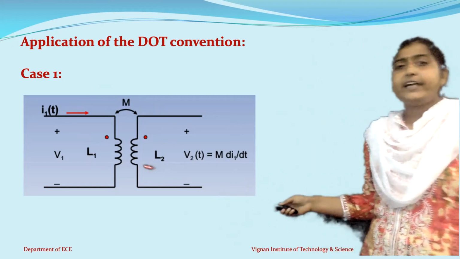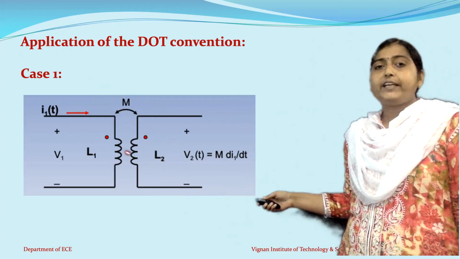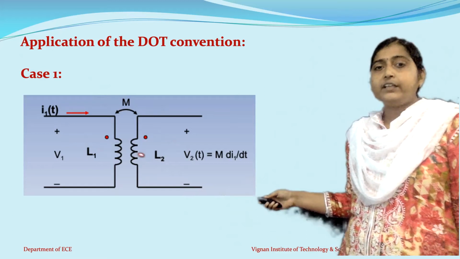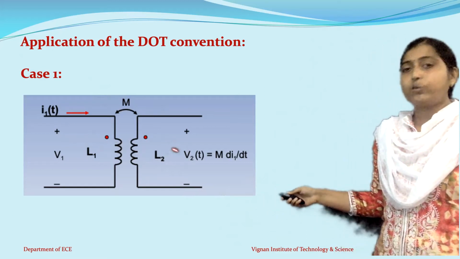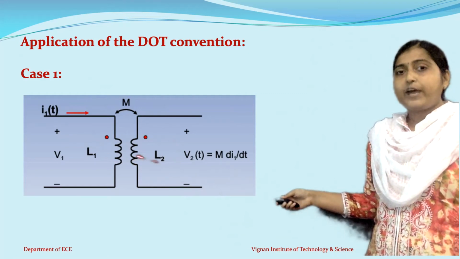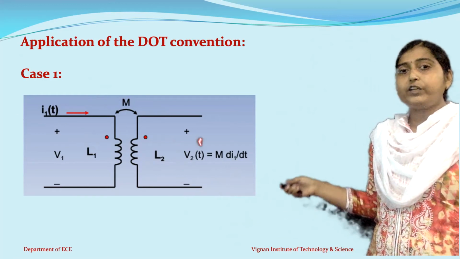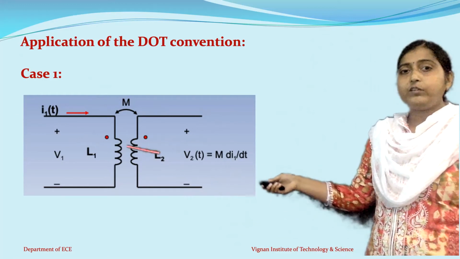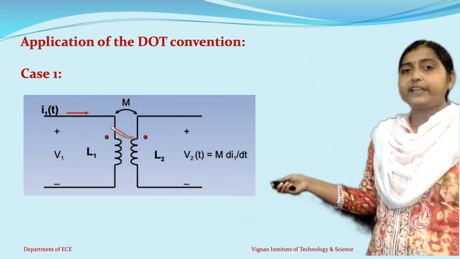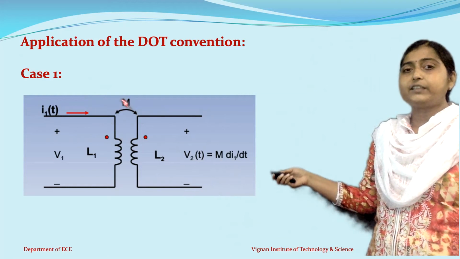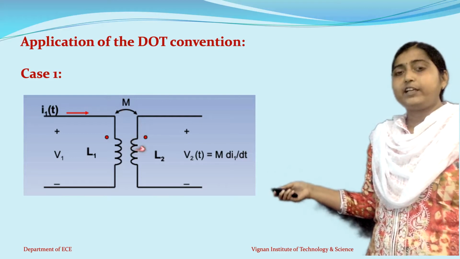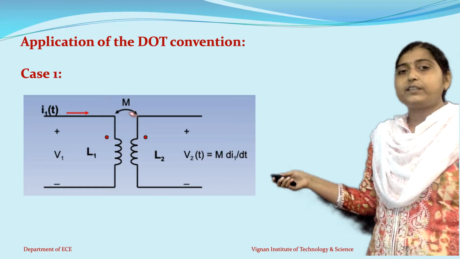So let me take an example of the circuit here. I am taking two inductor coils here, L1 and L2, with the turns as N1 and N2. Now these two inductor coils L1 and L2 are placed in close proximity with each other. So as we know, because of the current which is flowing in the first inductance, that is I1 of t, this will induce some mutual inductance on the second coil. Let us consider that it is represented with M. Already we know that the self-inductances are represented with L1 and L2 and mutual inductance is represented with M.